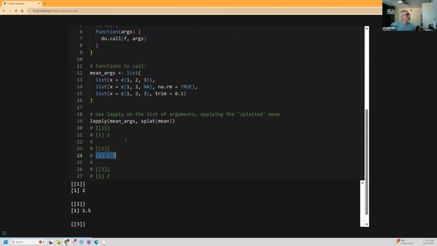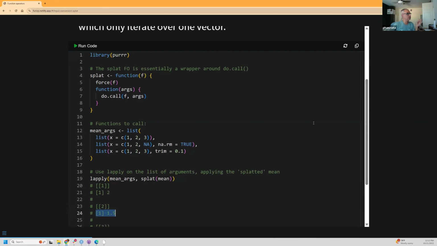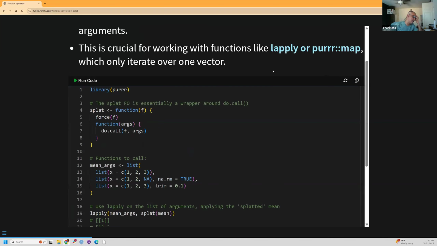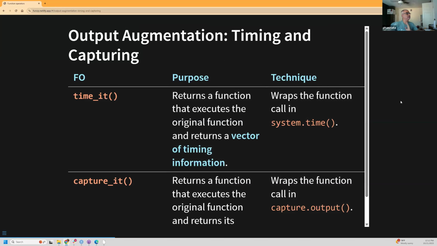So this is the way of taking a function, reading it, returning it, using it within a function, then getting the results out. So it's already one of the functional operators that we can say is already built in. And some of the other things that I found, or where I thought of it, is time_it